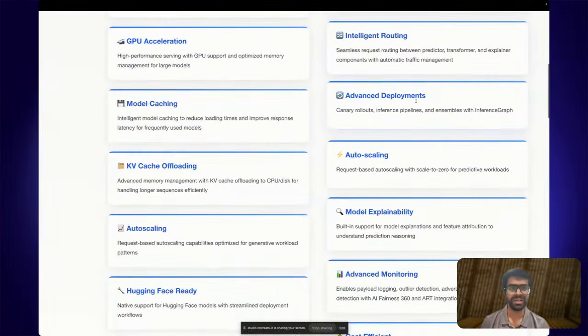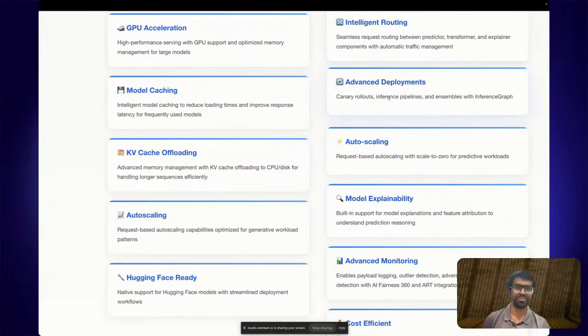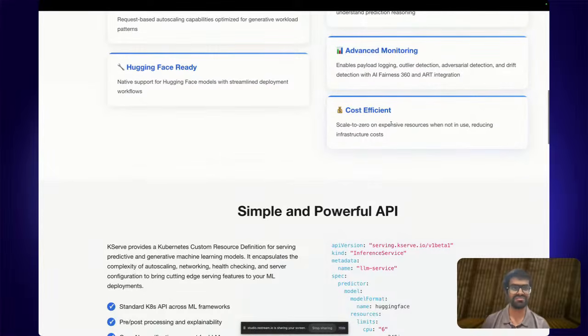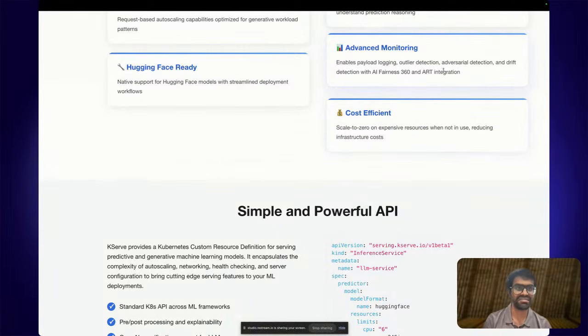and you can do deployments either with canary deployments, or you can run full scale pipelines. And there are also dedicated advanced monitoring. So the great thing about being able to do things like outlier detection or even drift detection is that over